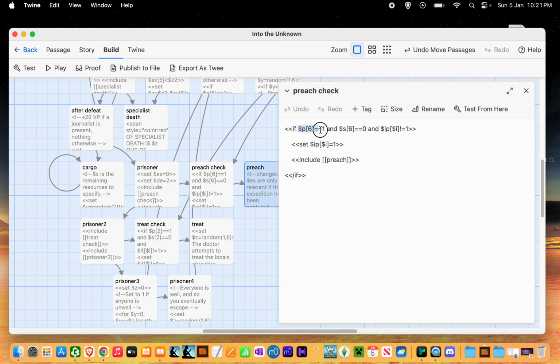So what does that mean? Well, P6 is whether you have the particular specialist in your party. So P1, P2, P3, P4, P5, P6, I think it goes up to P8. Each of them is a different type of specialist that can be in your expedition, and P6 is the missionary. And $S keeps track of the health of any of them that might be present, and also of you, the explorer, the player character. If it's 0, that means they're not sick, so S stands for sick. So P6, if you have a preacher, and if that preacher is not sick,